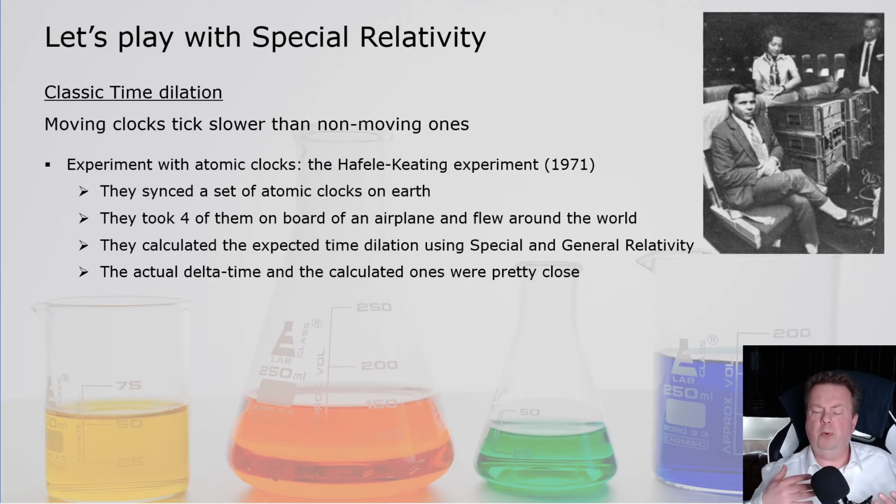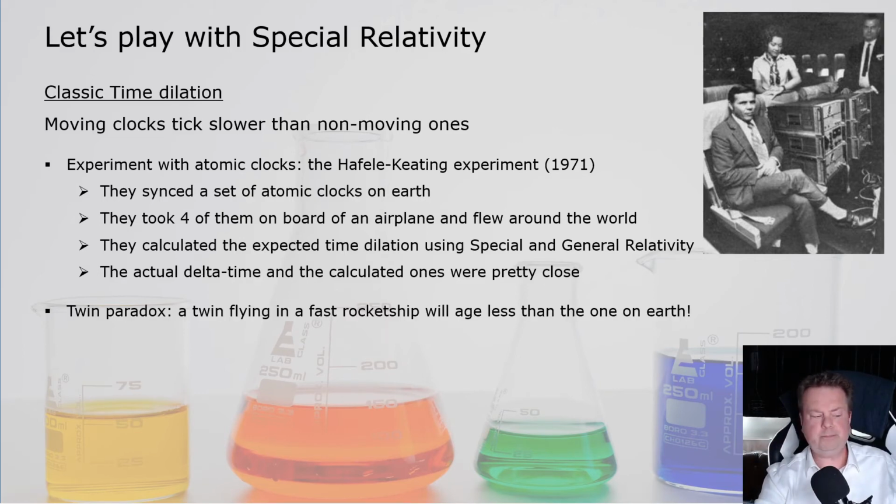But the main point I want to make is that the actual observed delta time between the clock that went around the Earth and the one that stayed on Earth was about the same as the one calculated using the relativity models. A famous thought experiment is the twin paradox. One twin stays on Earth, the other one goes in a rocket, flies around the universe at high speeds, making her age less, making her time slow down,